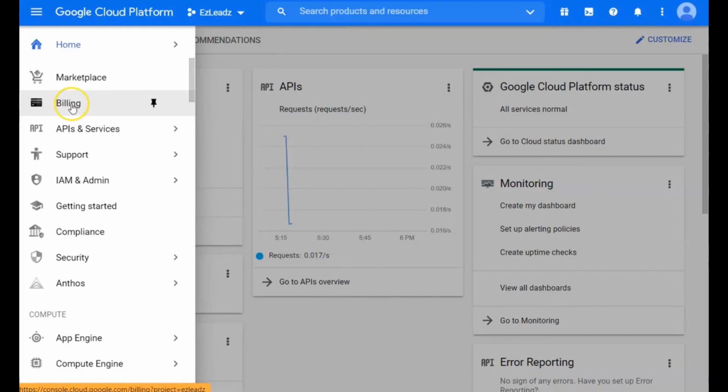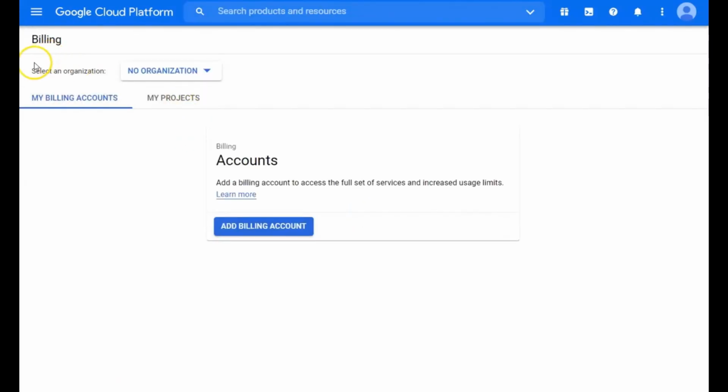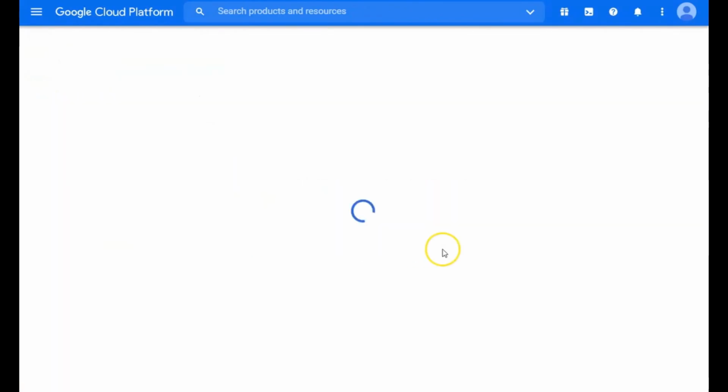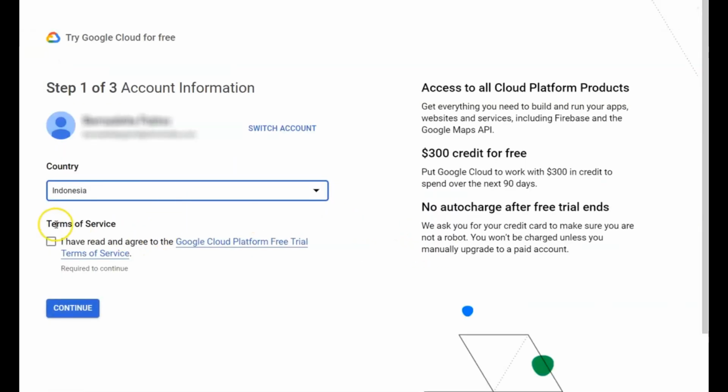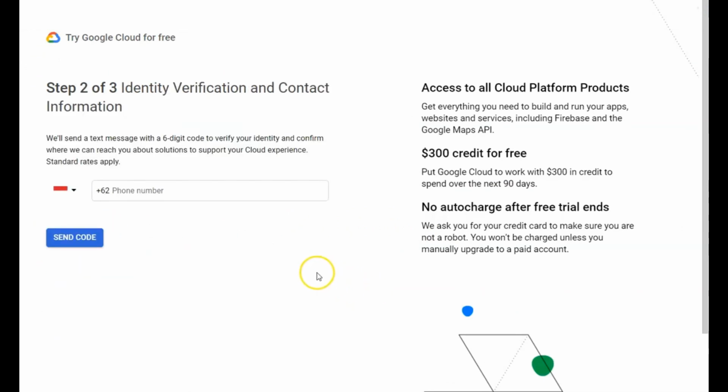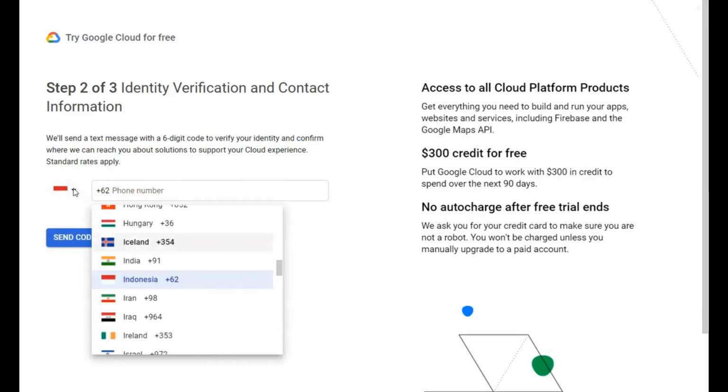So go here on the navigation. On the left side, we have the menu. So when you select billing, you have to add here your billing account. So add, and then the country, terms of service, then click on continue. So you can notice also here that Google will give you $300 credit for free for all the Google Cloud Platform products, right? So again, you have to specify